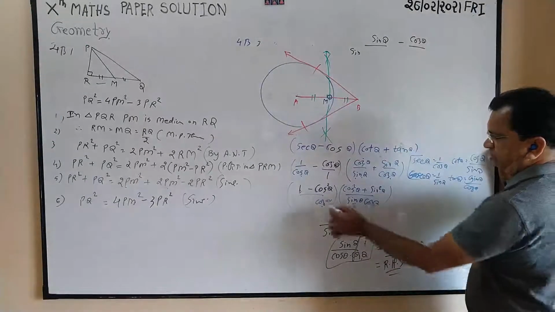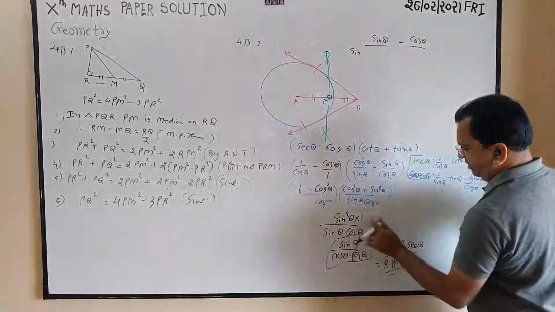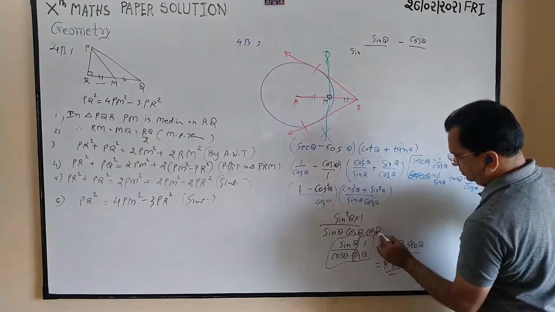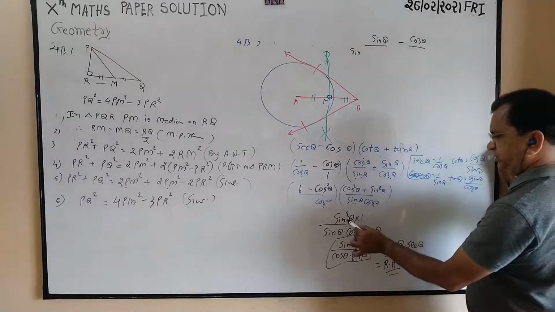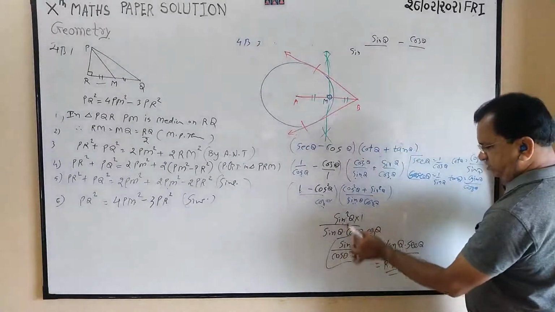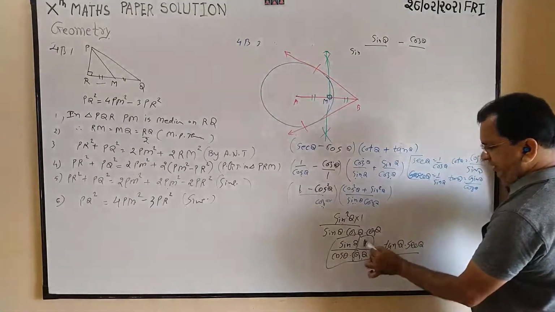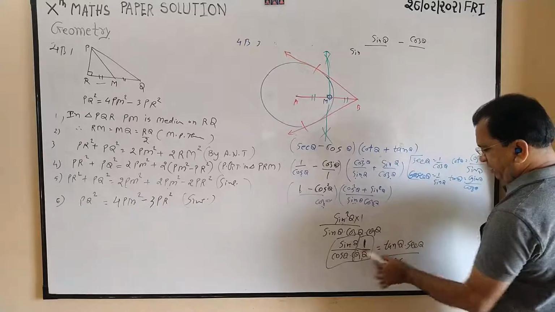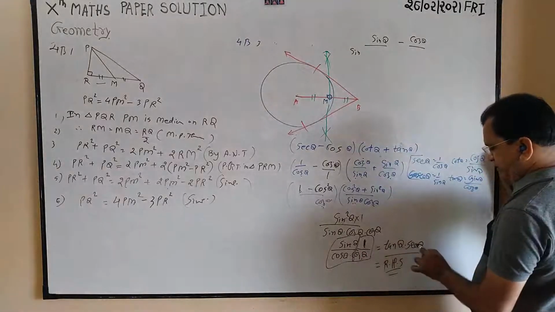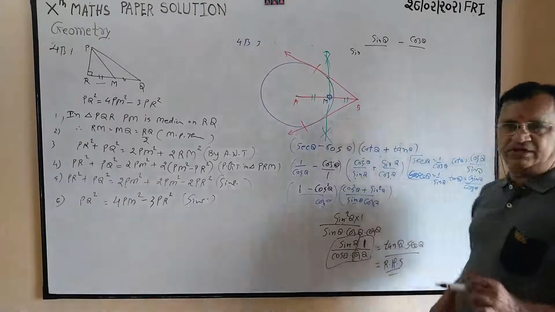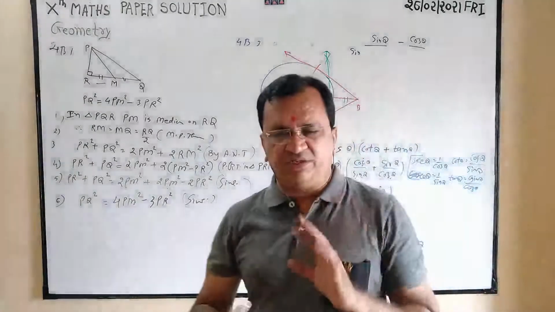So sin into cos into cos. So you can write separate also. So sin will cancel. So one sin will remain, 2 cos will remain. And that is in denominator. So sin by cos is equal to tan. 1 by cos is equal to sec. So that is equal to right hand side. So left side is equal to right side.